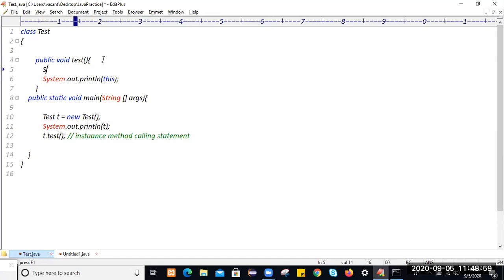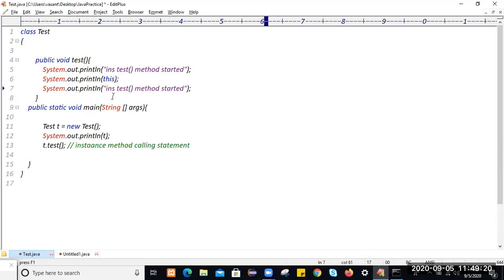So let me write something to understand whether this instance method got executed or not. I will write instance test method started. And once we display the memory address, we'll write instance test method ended here.